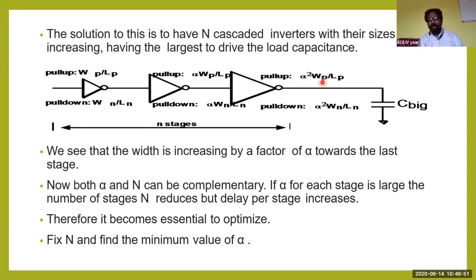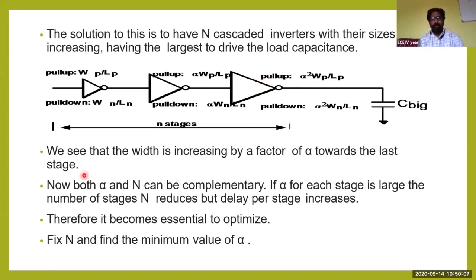What is this WP? It indicates the width of a particular PMOS transistor. It's a pull-up transistor and this is a pull-down transistor. We know that an inverter has a pull-up and also a pull-down device. One PMOS and one NMOS is called an inverter. So it is a logic circuit of that CMOS inverter diagram.